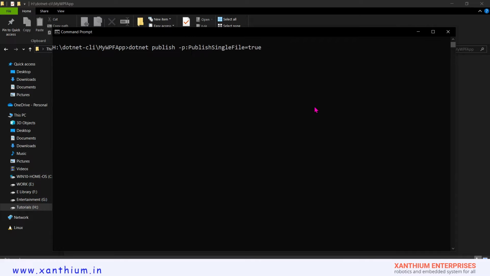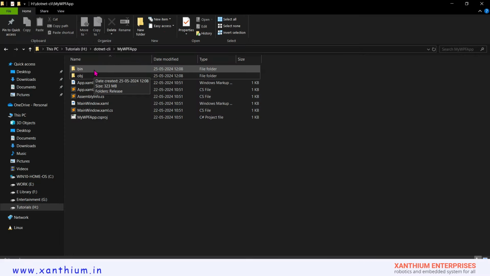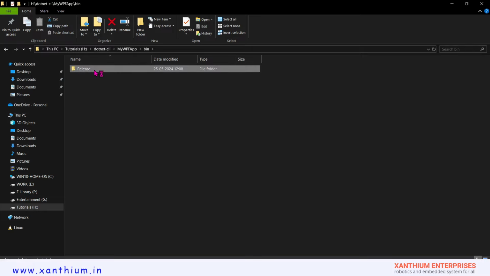But since this is a WPF app, this won't create a single file. It will create a single file, but there will be a lot of DLL files. So I will run this program right now. So the program had finished executing. Inside the bin directory, release